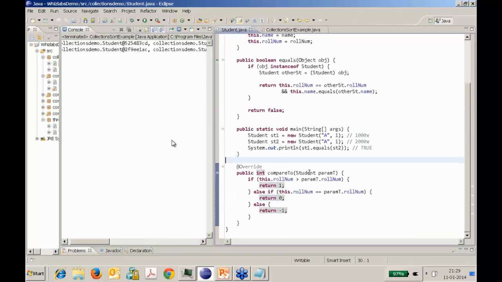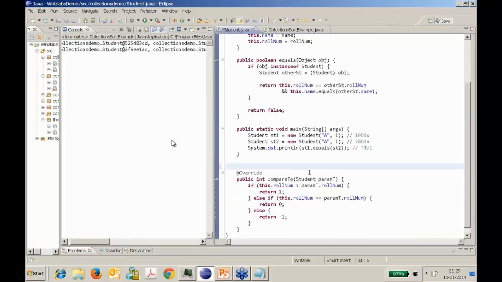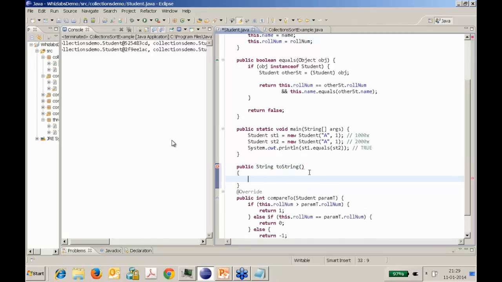Yes, and has written absolutely correct. What we need to do is override another method called toString in the Student class. Once you do that, if any object of the Student class is passed to System.out.println, this toString implementation will be called. Otherwise the Object class toString implementation is called, which basically just prints out the class name followed by the hash code value, which is meaningless, as you can see. So what I will do here is I will just say